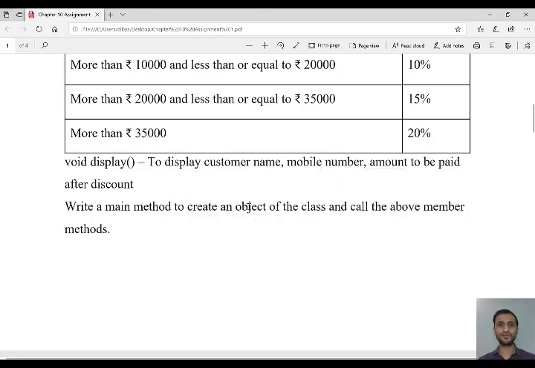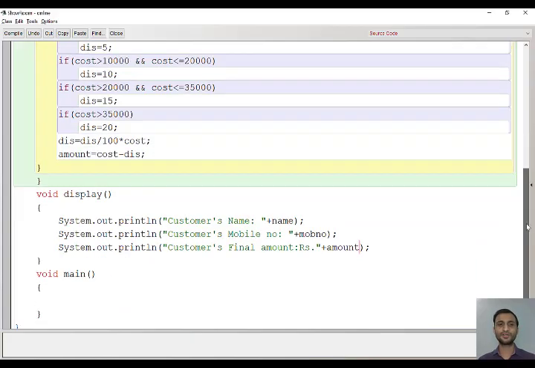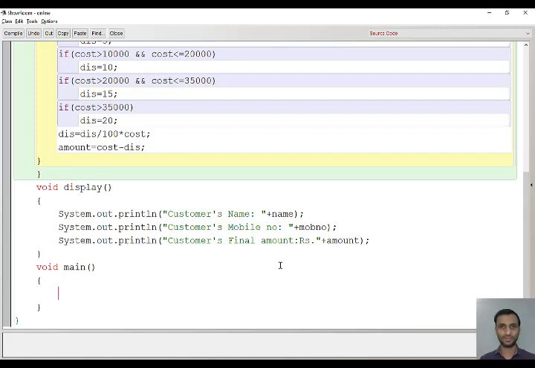Then in the main function we need to create an object. It has asked you to create an object, so you have to create an object. If it will not ask, then you don't need to create an object. Here it has asked, and call all the above methods. So in the main function, first we will do what? We'll create object. So what is the syntax to create an object? Is the class name, that is showroom. Then object name, let it be OB equal to new class name parenthesis.